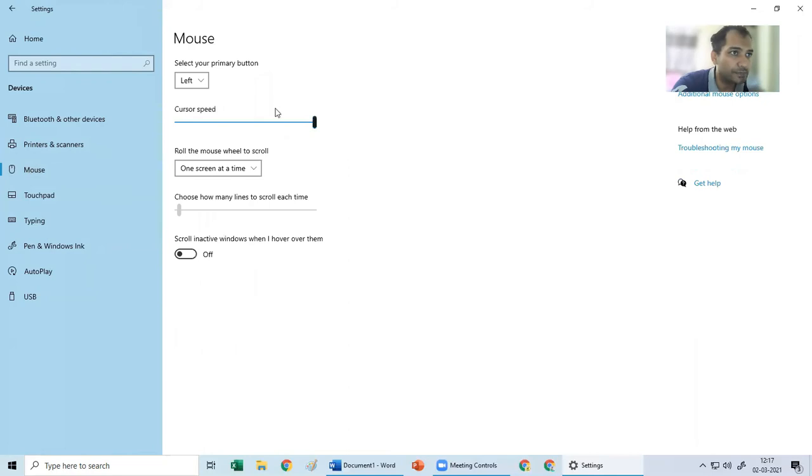Next is mouse. You can see the mouse that you are using can be either left or right, depending on the left-handed person or right-handed person. So by doing this, actually what it does is it switches the buttons, right click and left click. So it switches between them. And the cursor speed, you can control. When you make it the lowest, you can see right now my cursor is hardly moving. But when I increase it, then my cursor goes very fast. So that's the cursor speed which you can control.